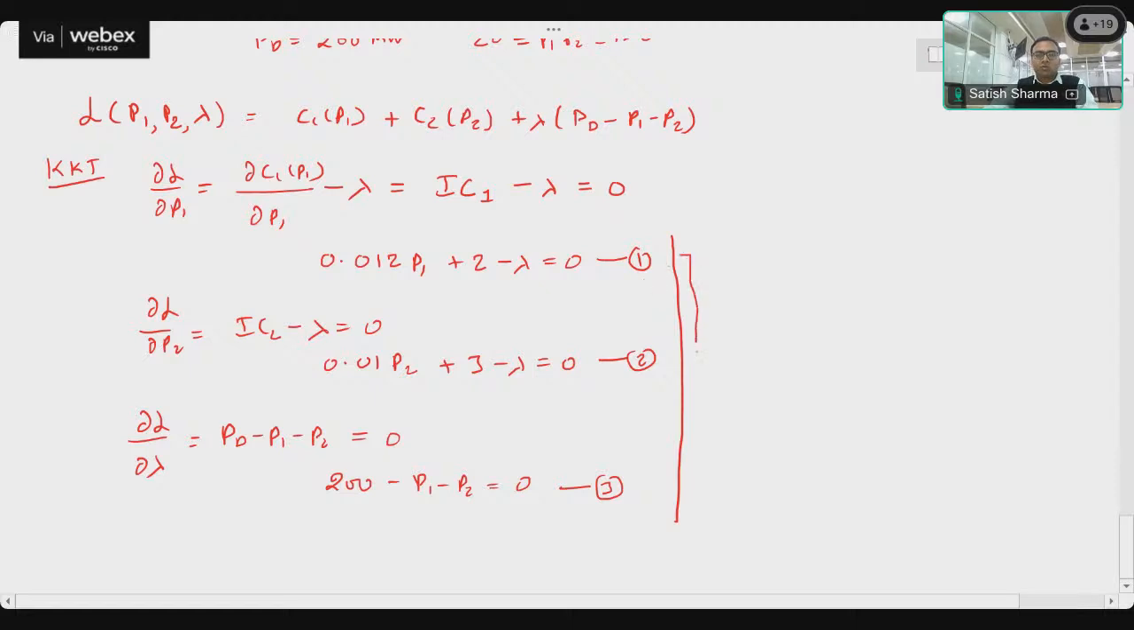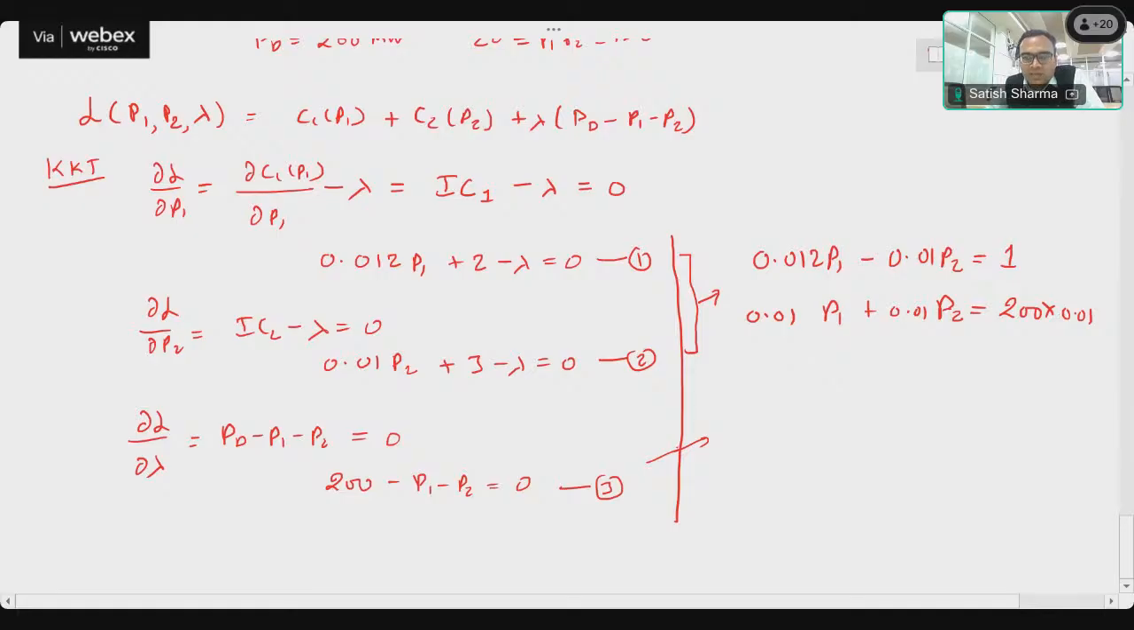From these two, we can say that lambda is constant, so we can equate these conditions, and we get 0.012 P1 minus 0.01 P2 equals 3 minus 2, which is 1. This will be one equation. Another equation is P1 plus P2 equals 200, the demand. If we want to solve it, let's multiply with 0.01, and if we add them, we will get